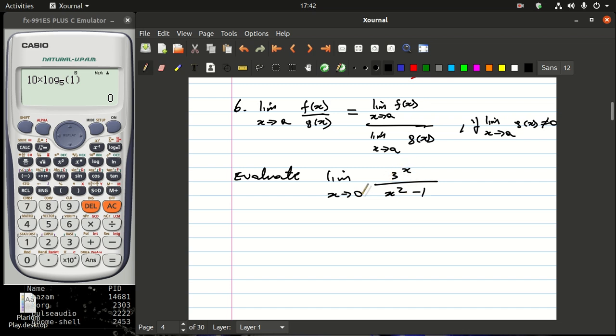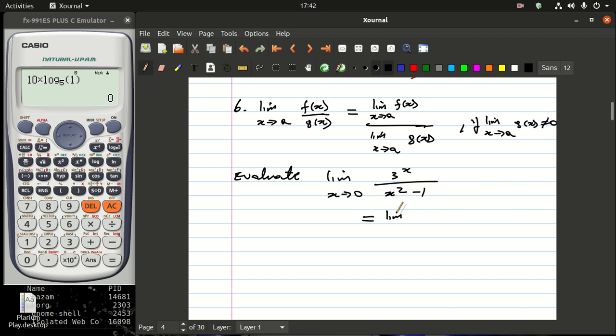If I were to plug in a 0 in the numerator, I will end up getting a number, which is 3 raised to 0, which is going to be 1. And if I plug in 0 in the denominator, I will end up getting 0 squared minus 1, which is minus 1. So I don't have a problem in the denominator,